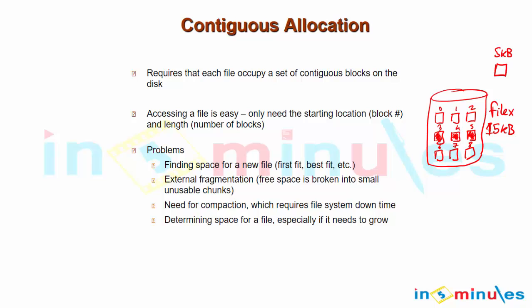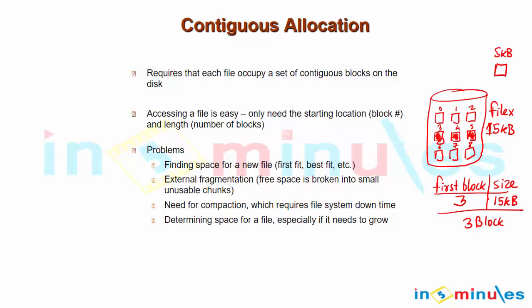In terms of contiguous memory allocation, we will always record two things. First, the block where we are starting to store the file, and second, the size. So in this case for file X, we'll store two things: that we are starting from block 3 and the file size is 15 KB. To be understood, there will be three blocks used for this.